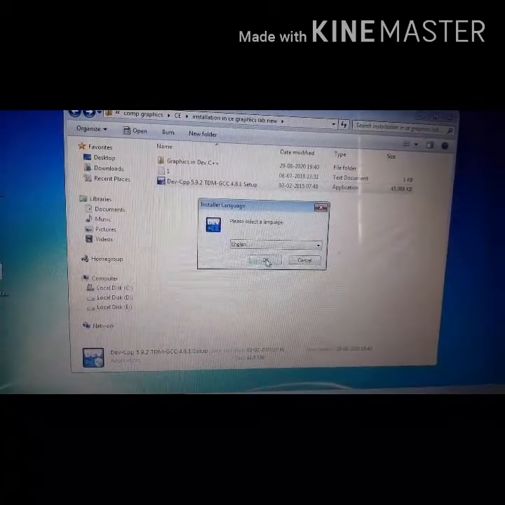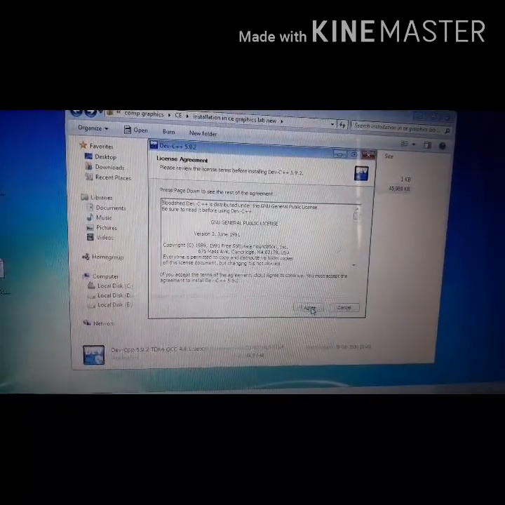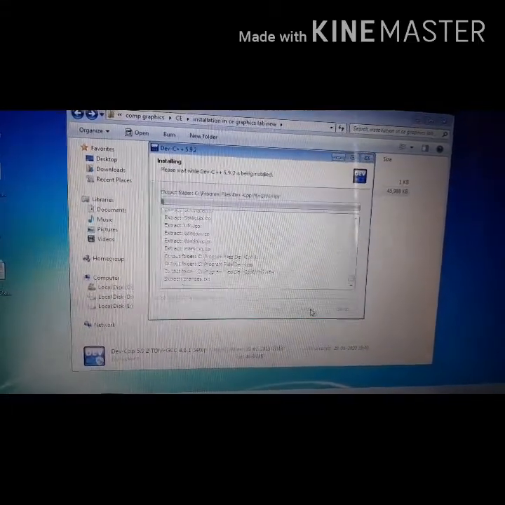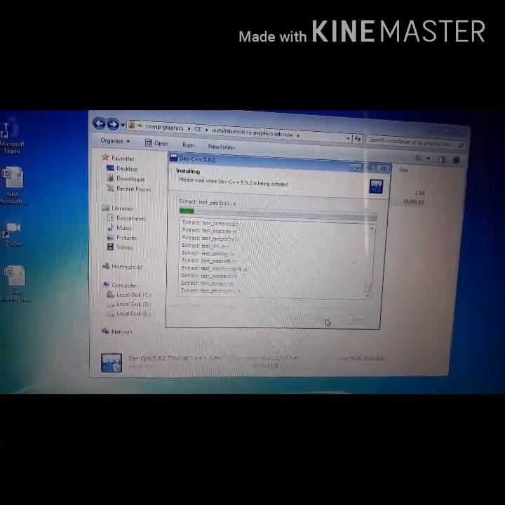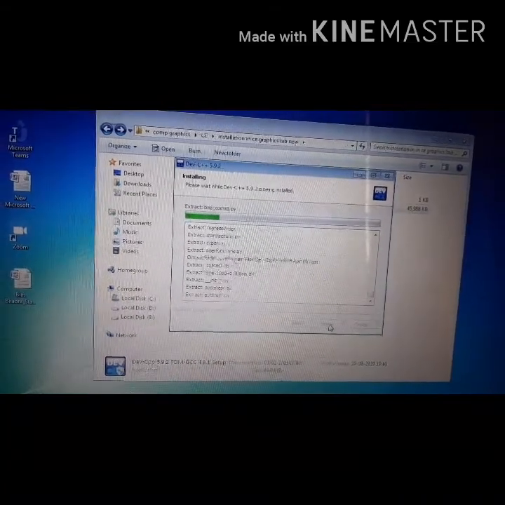The language should be English, so okay. Then I agree, then next, then install. It will take 2 to 3 minutes for all the files and libraries to be installed.